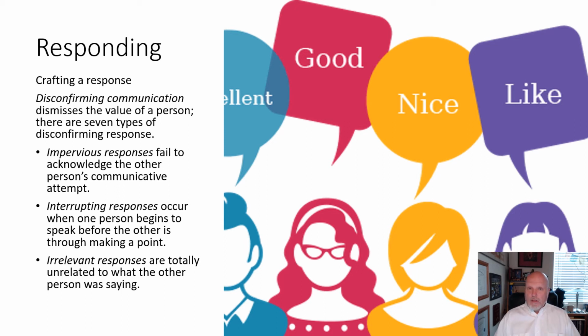The interrupting one is when you're trying to complete a thought, you're trying to get out what you feel, and instead they jump in and keep interrupting you. In this way, they're not hearing you, they're not listening, they're just trying to finish what you're saying to get onto what they have to say. An irrelevant response can be very confusing as well. Oftentimes it's created because a person's not listening, so they just respond with what they thought, it's the dog and squirrel type of thing. So definitely, these are all disconfirming communication types of responses.